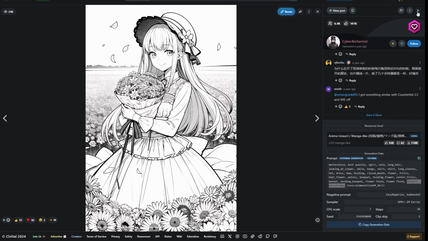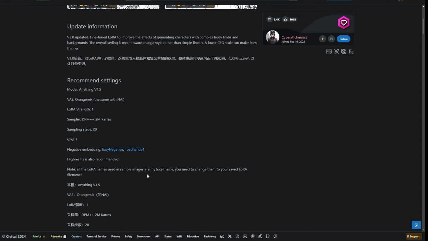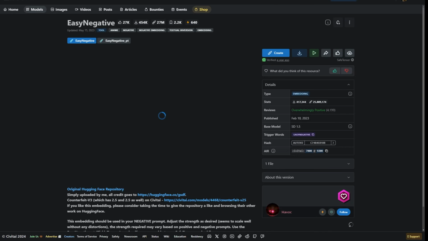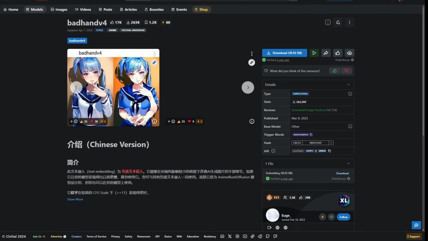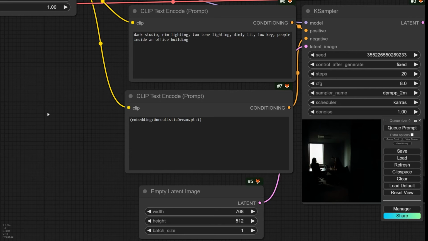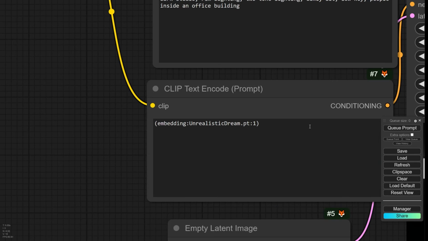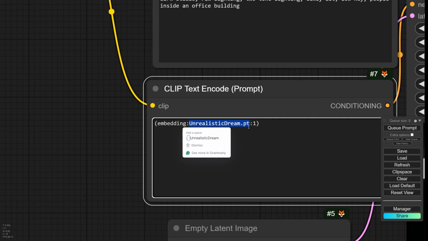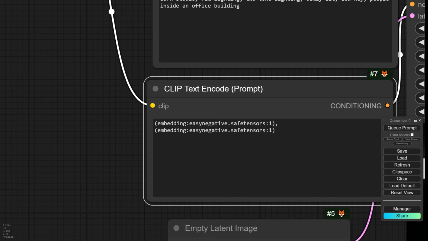And how can I download them? So let me find, okay, here is the link. I can download and place them inside the folder. Now I have to add those two embeddings to my prompt. Okay, so one of them was easy negative with the extension of safetensors, and make a copy, put comma. The name of another one was bad hand,